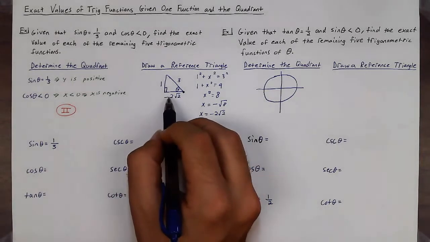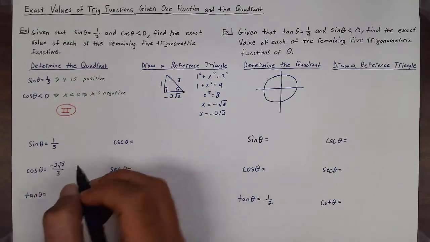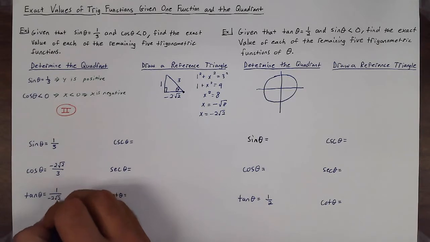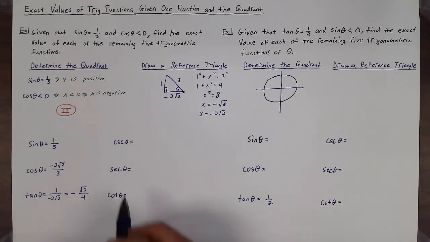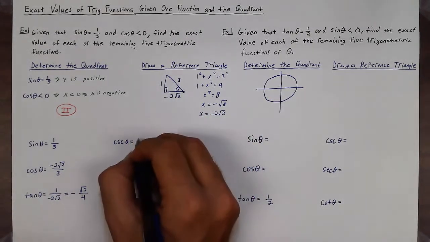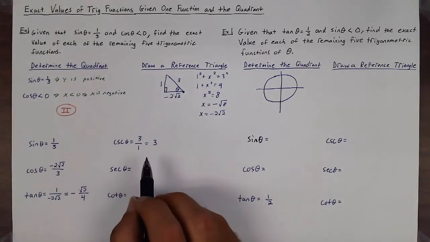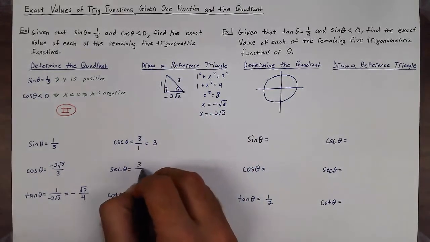Cosine being adjacent over hypotenuse, I can write negative 2 square roots of 2 over 3. Tangent being opposite over adjacent, I get 1 over negative 2 square roots of 2. Rationalizing the denominator, I multiply the top and the bottom by the square root of 2, giving me negative square root 2 over 4. Cosecant is hypotenuse over opposite, if you remember a review of trig for cosecant. So we get 3 over 1, which is just 3. And secant, which is going to be hypotenuse over adjacent, so it'd be 3 over negative 2 square roots of 2,